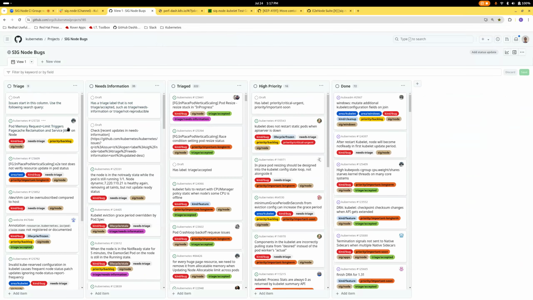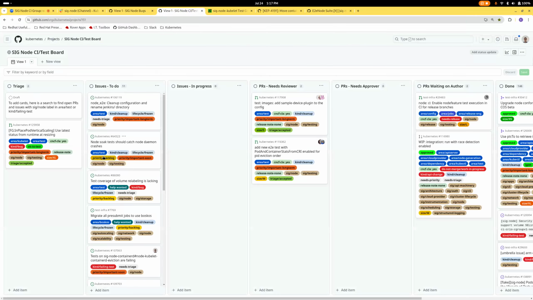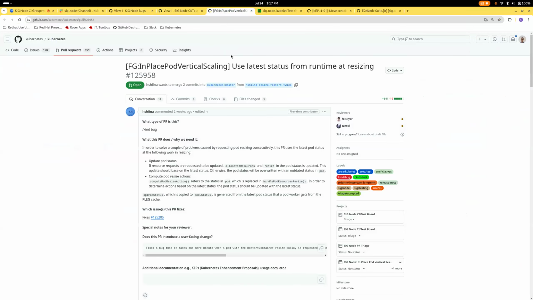Sergey, you had an item selected in the other project. For the one that I think this is, it should be trials because they're for the latest status. I think it's linked with a bug. I just edited it to this board.